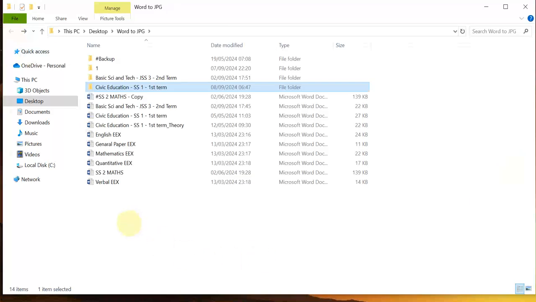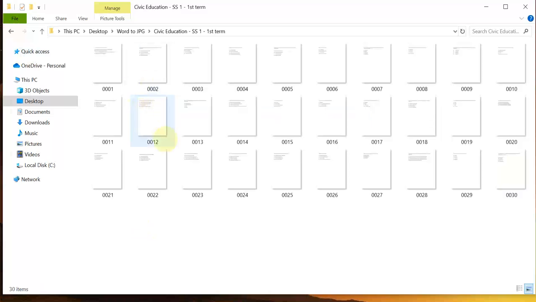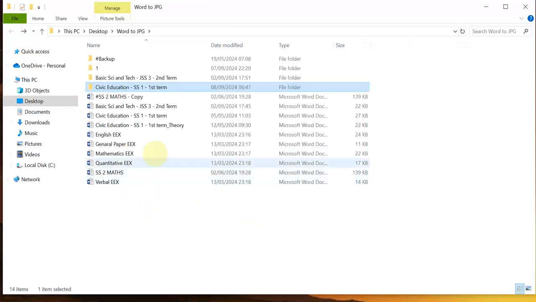So in the next video, you will see how you can rename all these files, because this is just the name given by the converter. The CBT software needs a unique name to identify that this question is taken from a particular class and a particular term. So there's a way that the names should be written, so that the software can load the questions as appropriate. Else, once the candidates try to start the exam, it will tell them that the questions are not available for this term,